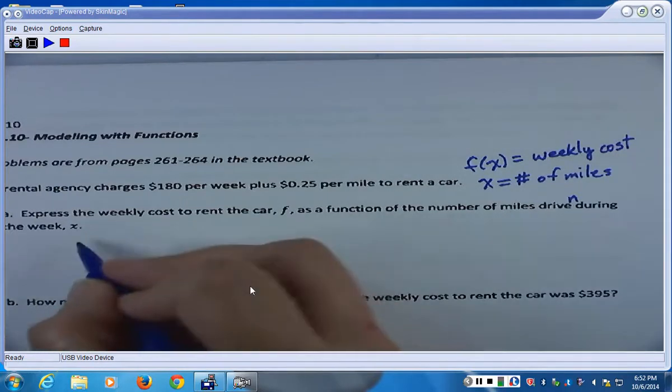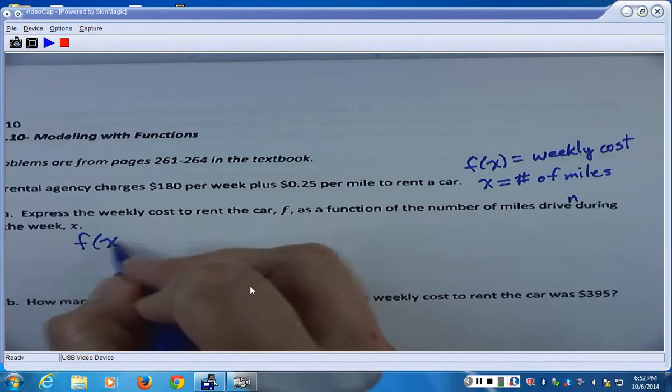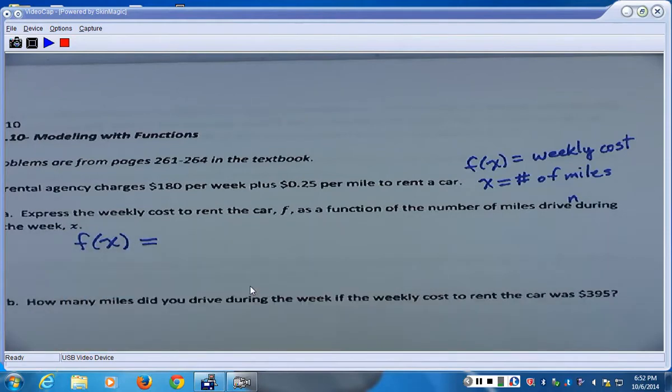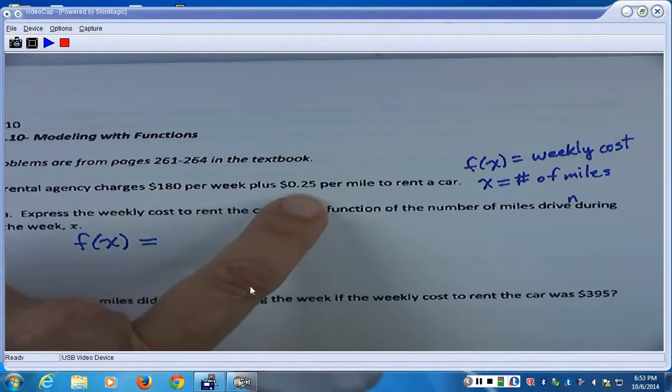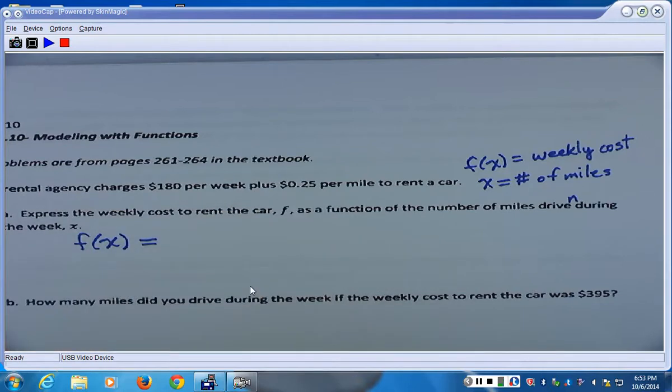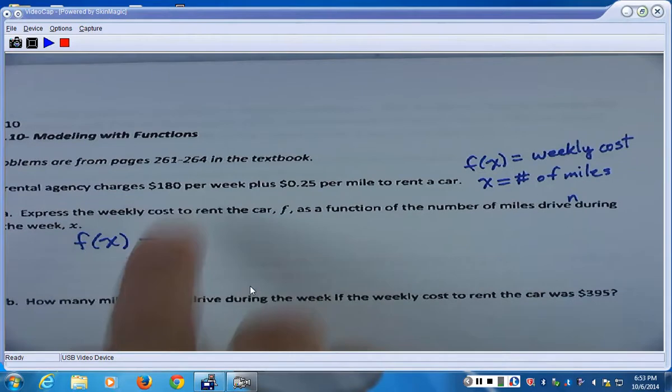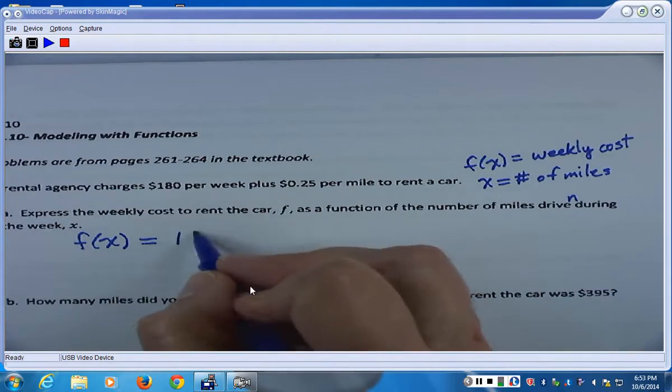So, you want to write F of X in terms of X. So what's it say here? It says it's $180 per week plus 25 cents per mile to rent the car. Well, we're only writing this as 1 week's cost. So what's the constant? It's 180. So that's $180